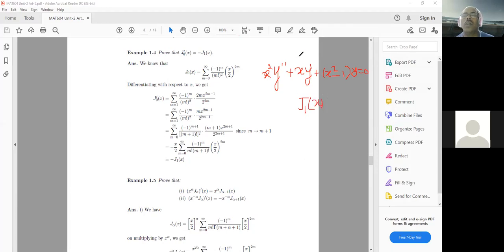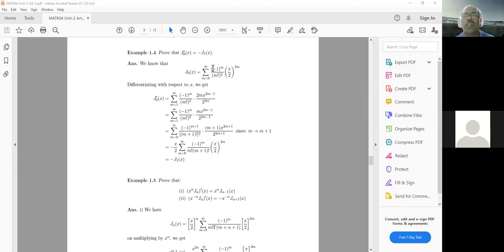So we see that if you find the derivative of the Bessel function of order 0, you will get a Bessel function of order 1. That is a solution of this differential equation which I have written over here. To prove this, we start with the Bessel function of order 0 of the first kind, which is nothing but J0 of x equal to this series.